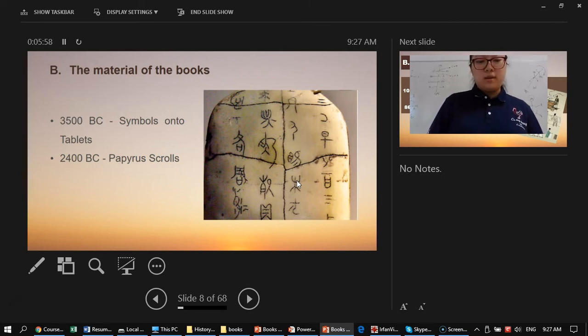First, Sumerian tablet. Current understanding says that the very first attempt to transcribe symbols onto movable materials was by an ancient group of people known as Sumerians, who lived in southern Mesopotamia around 3500 BC. Mesopotamia is an ancient name for the area in the Middle East that stretches from the Zagros Mountains in the northeast to the spurs of the Taurus Mountains in the northwest, and the Persian Gulf in the southeast to the Anatolian Plateau in the northwest.